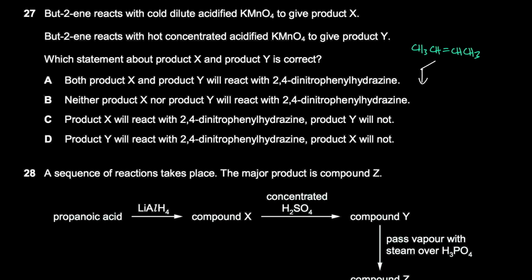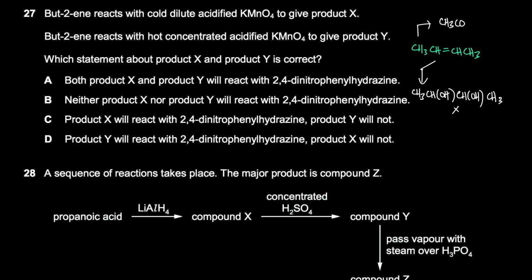Now for product X, right, we're reacting but-2-ene with cold dilute acidified manganate 7, so we're making a diol. We're making a diol, so CH3CHOH and then CHOH and then CH3, right? So this is product X. Right, we get a diol because again, when you use cold dilute acidified manganate 7, that's weak oxidation of alkenes. It's an electrophilic addition reaction. We get a diol. We have the addition of 2 OH groups,